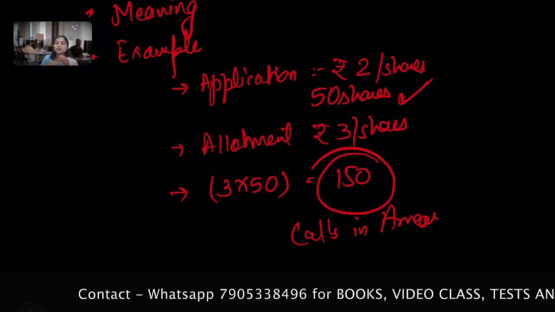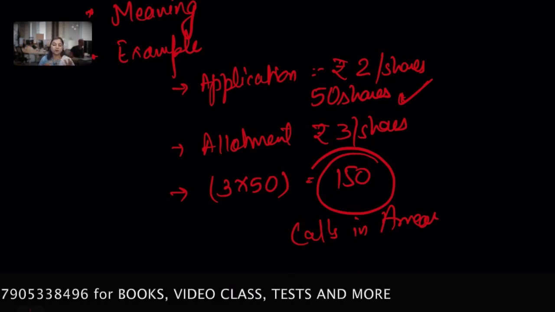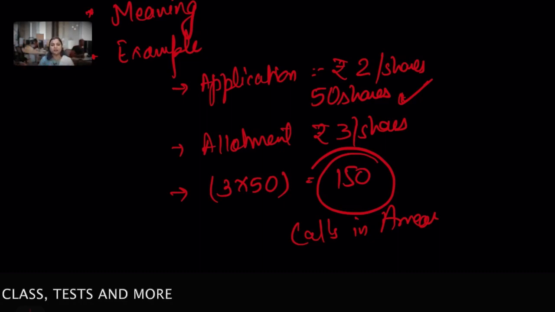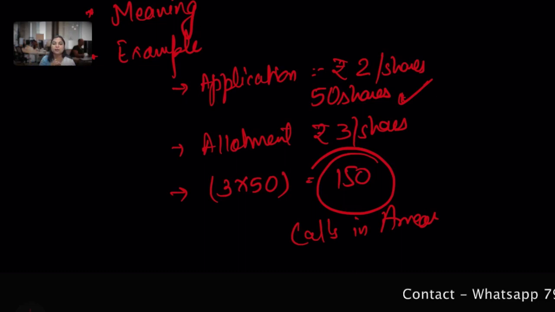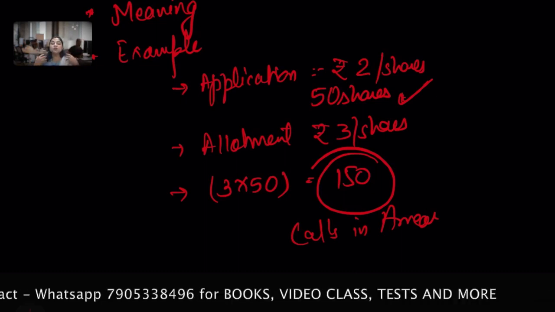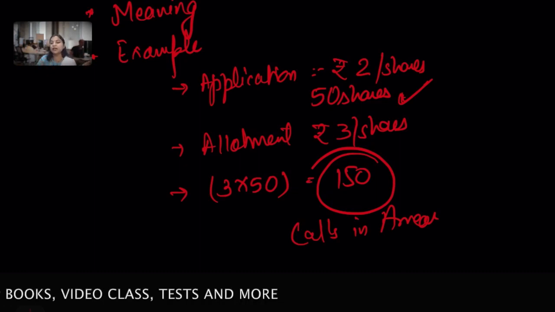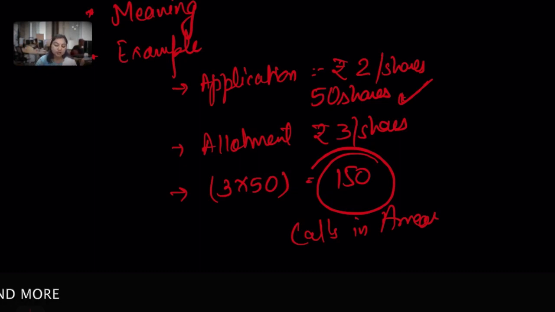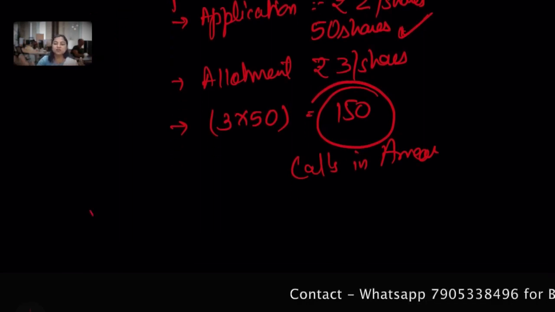Please do not make this example a rule of thumb and write it, and it should not be read by everybody here who is listening to this session, otherwise the examiner could find out that you people have gone through the same sessions. So use your insight, we'll do more numericals with time, you can take that benefit also. Okay, so this is about the meaning and example. So let's discuss the journal entries.